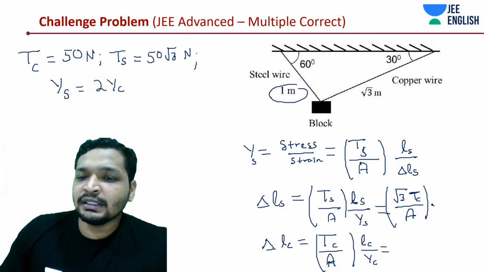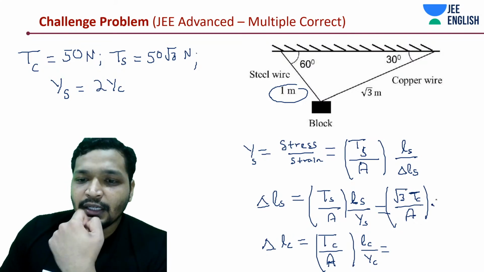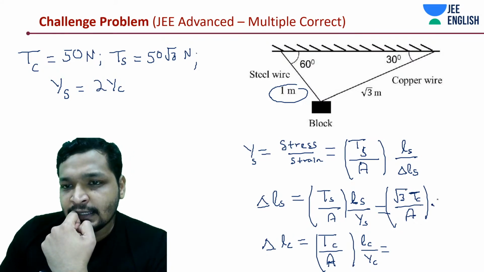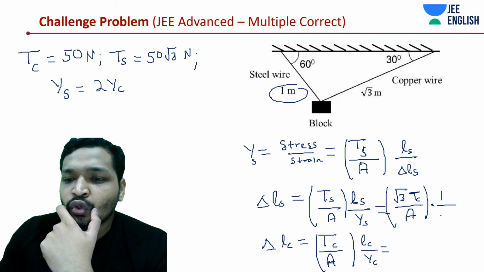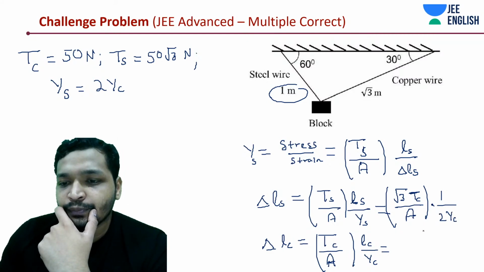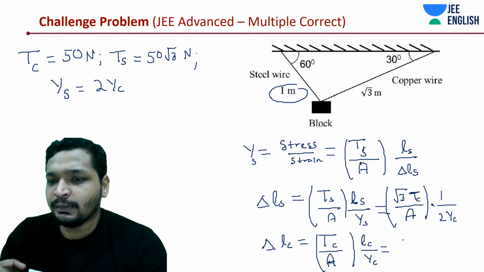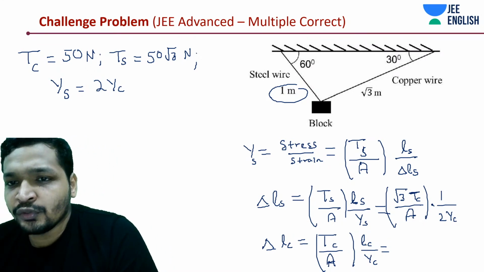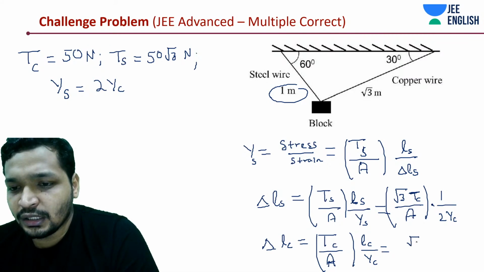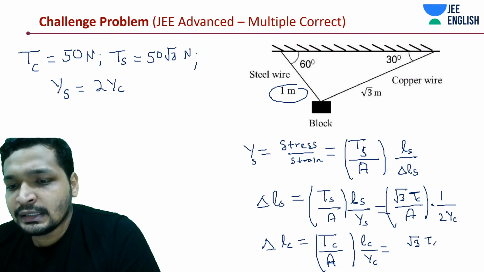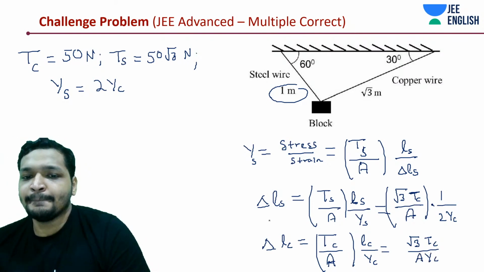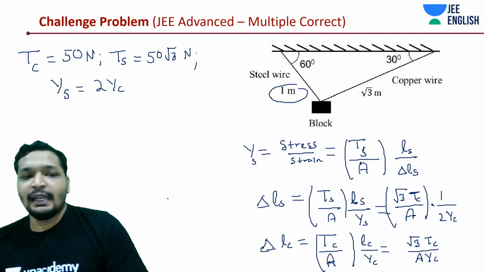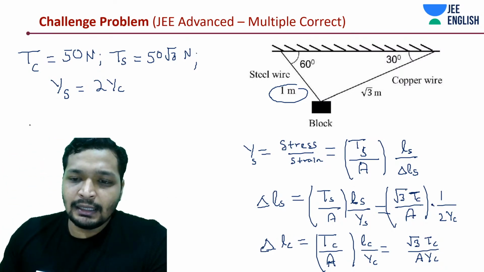Because you don't want to play with the numbers in the exam, students, that creates a little bit of stress. And what is LS? LS is 1 meter, and this is going to be 2 times YC. This is just going to remain TC by LC by A, and you have to substitute the value of LC. Other than that, you don't need to do anything. So that is root 3 TC divided by A YC. Okay, and if I am going to take LC by LS,